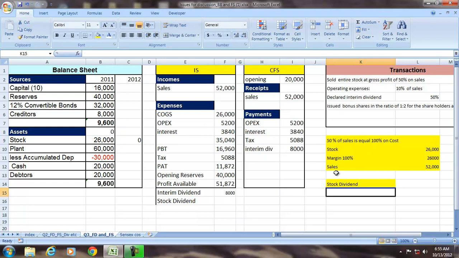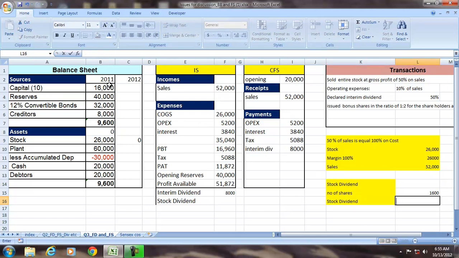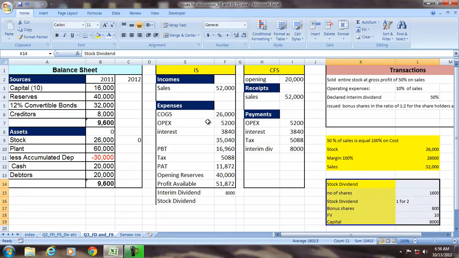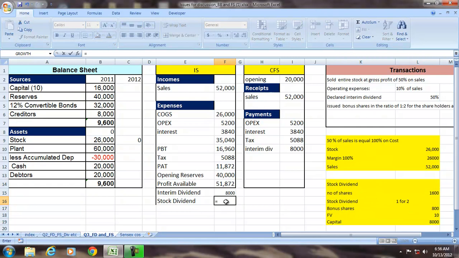So the number of shares that the company has at the beginning of the year is 16,000 divided by 10. The bonus ratio, stock dividend ratio, is 1 for 2. So the bonus shares distributed is 800. The face value of share is given as 10. So therefore the capital is 8,000 into 10, and that is treated as the dividend. So the stock dividend distributed is 8,000,